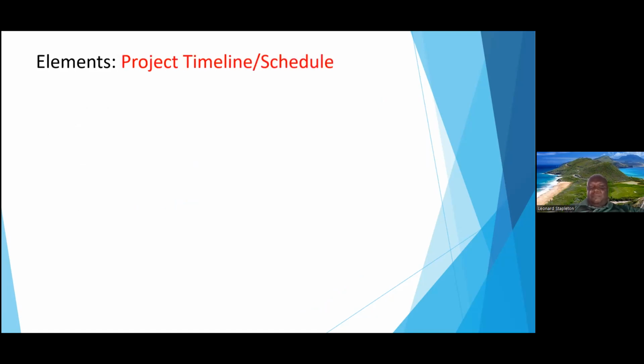Now you come to the project timeline. The project timeline, again, just like the budget, matches the different activities: the purchasing of the equipment, installation, doing the workshops, planting the garden and so forth. All these are different things that have their own time. And so sometimes it's good to do a particular chart. I think they call it a Gantt chart, where you could itemize the activities